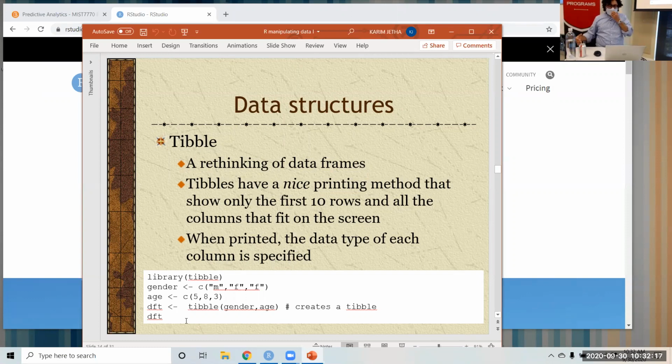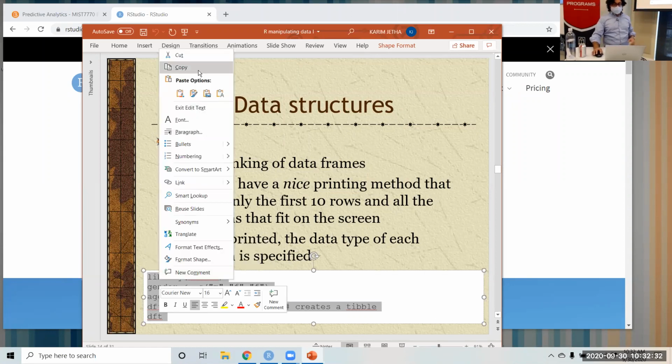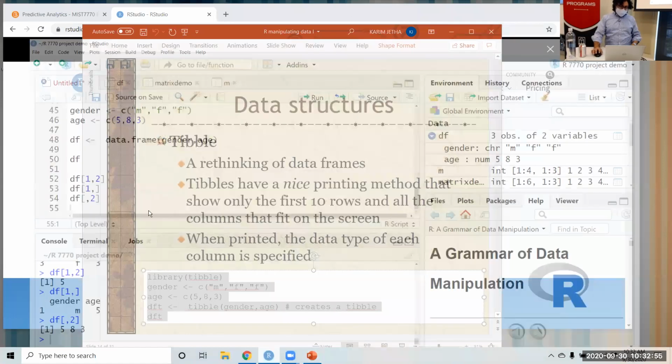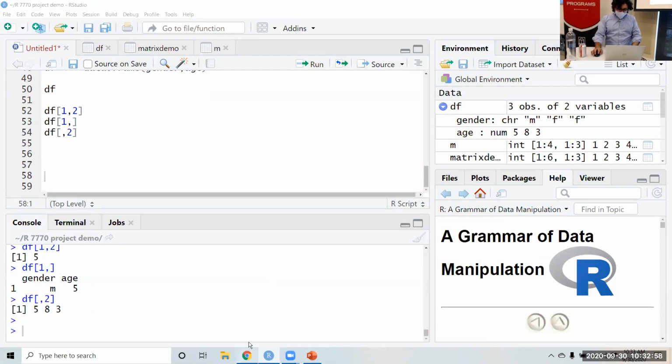I'll probably refer to it as a table most of the time. And when you import data, the way that we import it, we'll import it into a tibble directly. So you won't need to do all of this kind of stuff to create your tibble. When I send you a CSV and I say, upload this data, or create a tibble in R with this data from the CSV, once you upload the data into R, it'll create a tibble automatically. And we'll get into that when we get there. But tibble is the data structure that we'll use. So it's a slightly more advanced data frame that gives you a little bit more quality of life features. So if we run that code,